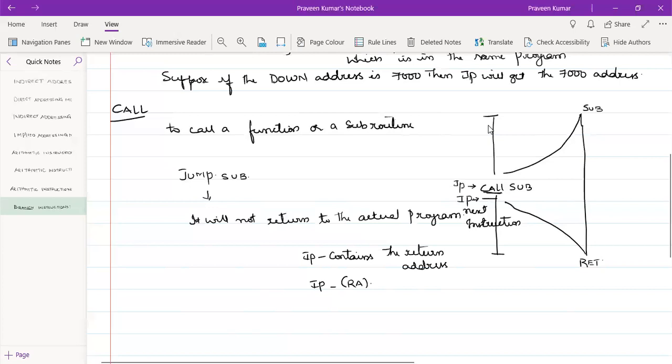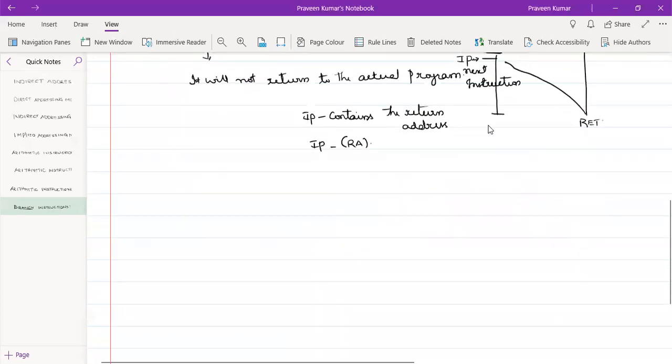So for an elaboration, I'll draw the same thing again. Now we say if it has to go to the subroutine, because I have given a call statement, now what it has to do? It has to leave the return address. After it is being executed, it has to leave the return address. Now if we leave the return address, what happens?